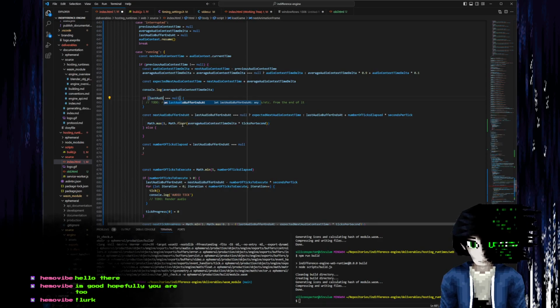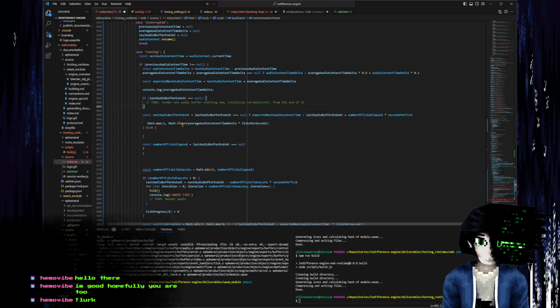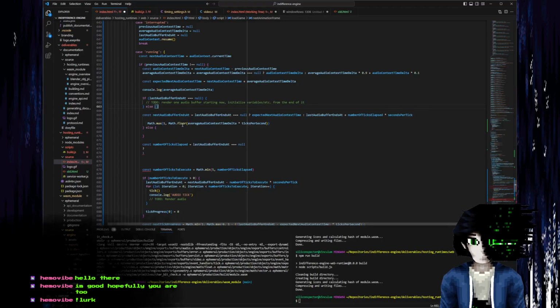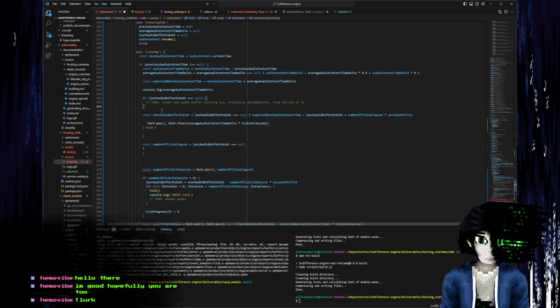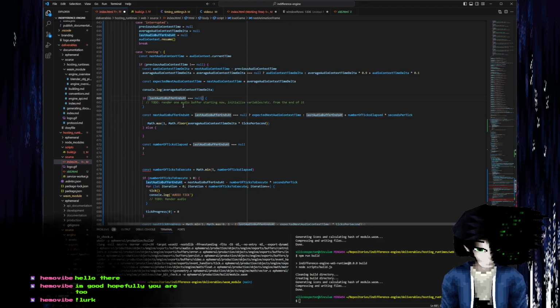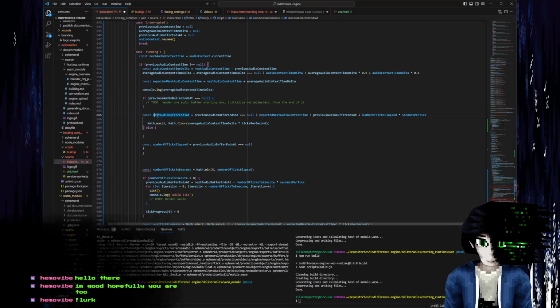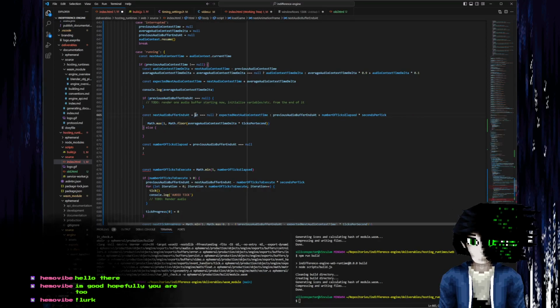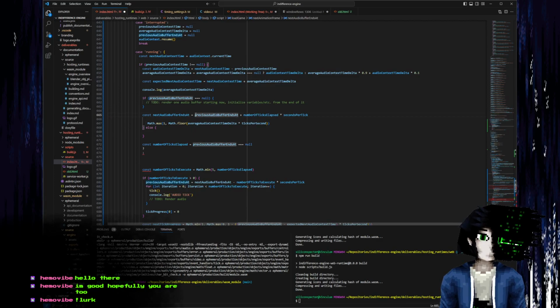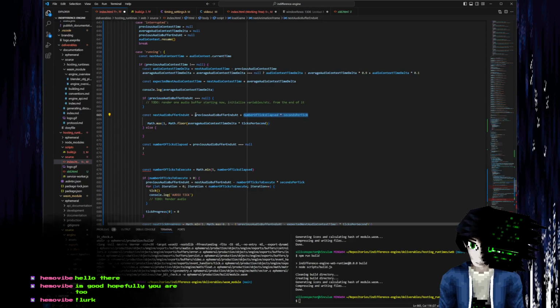So I've got last audio buffer ends at is null. Otherwise, in all cases, last audio buffer ends at, okay, that's fine. I changed it to previous just so I'm using previous rather than last. Next audio buffer ends at is going to be the time it ended